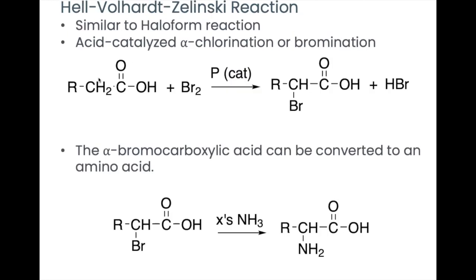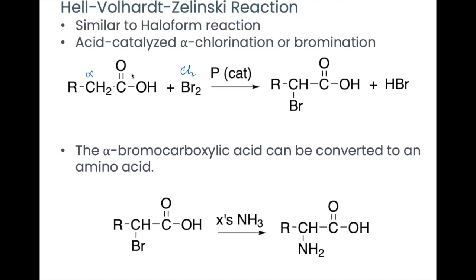We are going to replace the alpha hydrogen with a chlorine or bromine. So kung chlorination, then this will be Cl2. So for bromination, in the presence of phosphorus as a catalyst, and you form this alpha chlorinated or alpha brominated